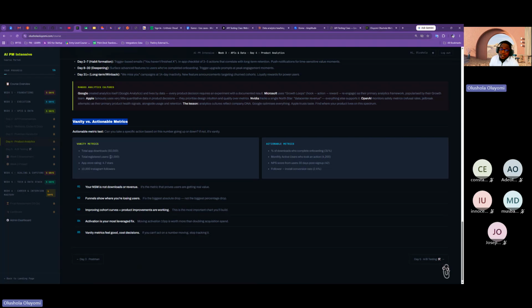But I'll explain again. Vanity metrics are basically metrics that ideally don't do anything for you. For example, total app downloads. How many of them actually did anything with the download? Total registered users. Did they actually make anything? App store rating 4.7. Now, again, please note the fact that I'm saying that app store rating is a vanity metric